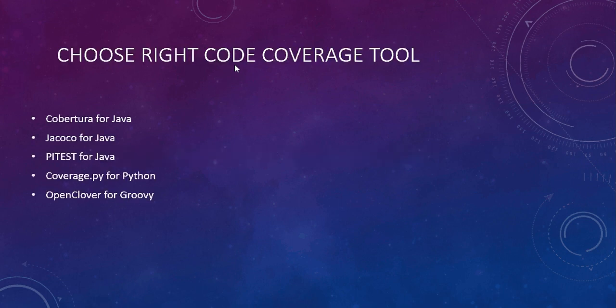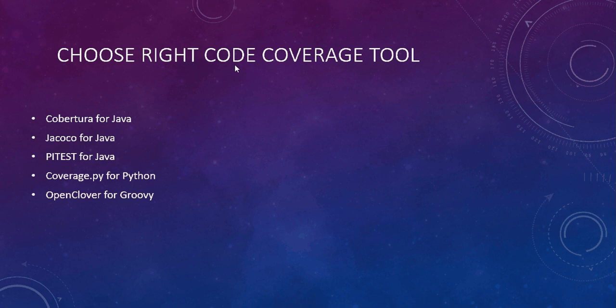The next important one is to choose the right code coverage tools. So a code coverage tool is one of the important aspects. What it measures is the degree to which code is exercised by your tests. So for this, we use tools and probably make them part of our continuous integration delivery pipeline. Tools like SonarQube can also help to generate insights based on these measurements. So if you see here, there are certain code coverage tools available for different languages.